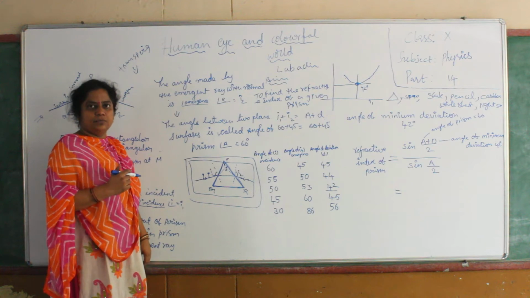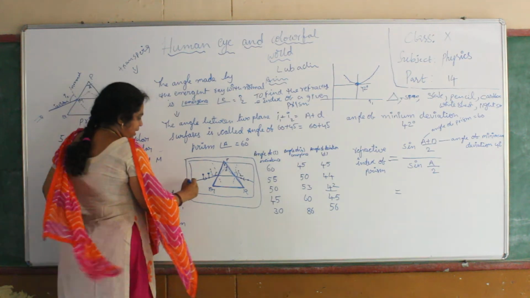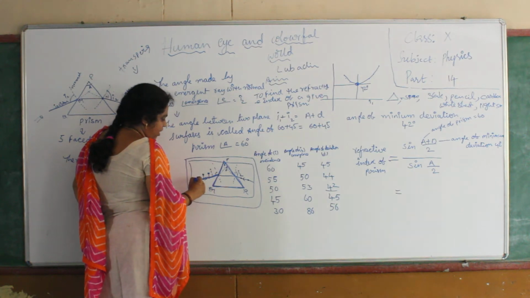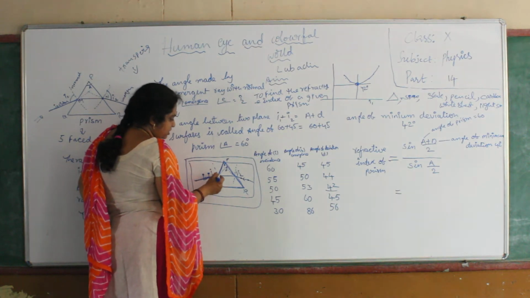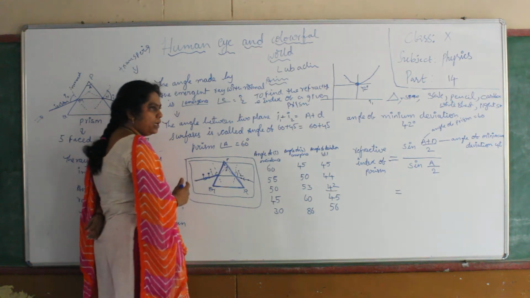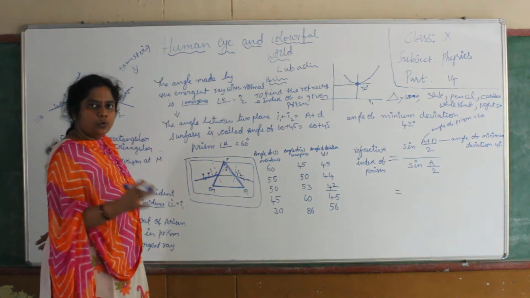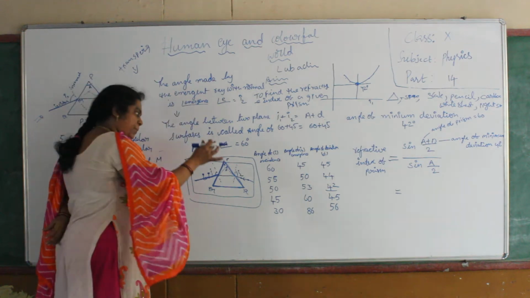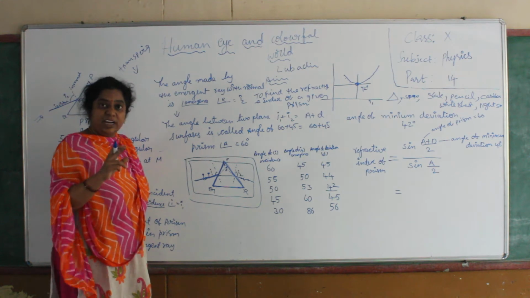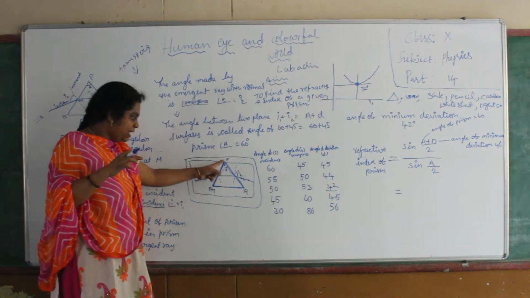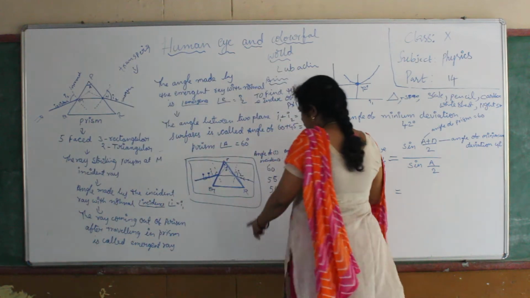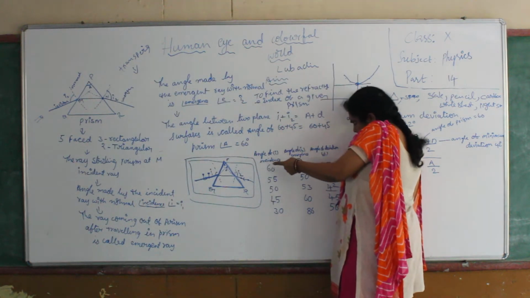Pencil and scale. Draw a line, and that line is an incident ray which will strike or touch your prism's inclined plane PQ. Now what you have to do? Take the prism and place it again on the triangle, such that the triangular edge will be here. And from this side you observe straight to the two pins.